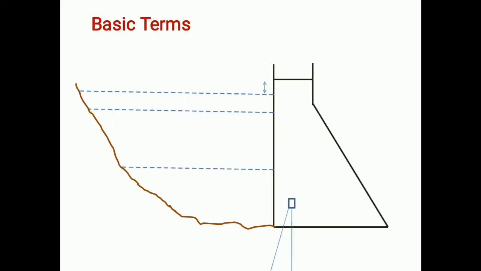So this is a general diagram showing a non-overflow block, where there is no flow of water or there are no openings. In this we will see the basic terms which are applicable to all the dams, because these are all related to reservoir terms. So first one you can see is maximum water level. That means it is the maximum level of water that can be allowed in a dam, so that the dam can be stable all the time.